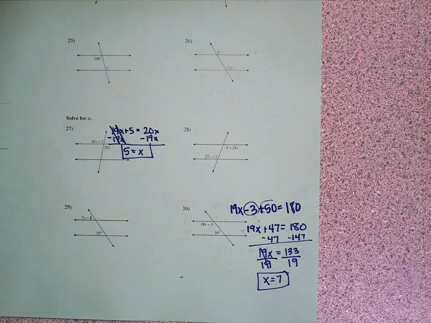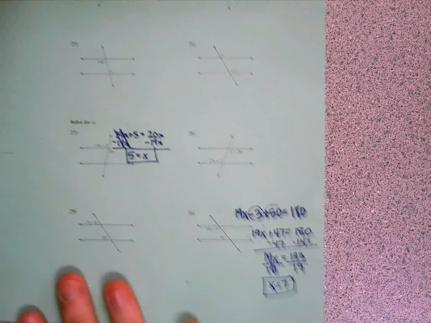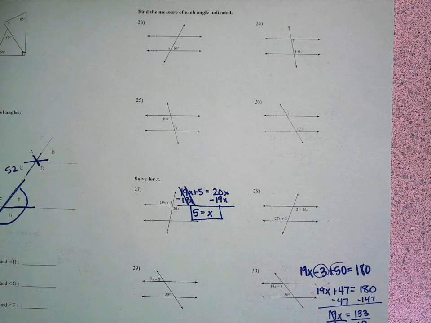Okay, so the biggest thing you're going to need to know for this test is just the different types of angles and whether they equal each other or they add up to 180. So you need to be able to recognize and identify the different types of angles we talked about. And then you need to be able to know